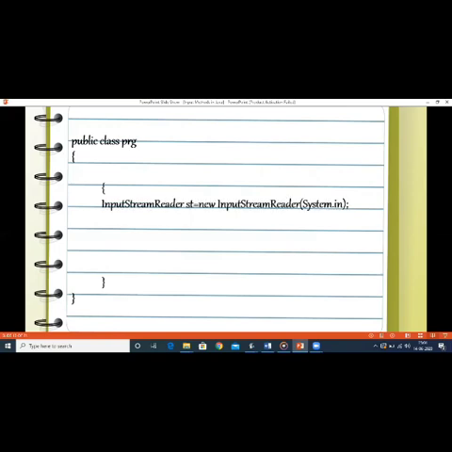First, you need to create an object of the InputStreamReader. You can see I am creating an object st of the InputStreamReader class. Then I have the assignment operator, equals to new operator. Again, I specify the class name InputStreamReader. Within parentheses, I have System.in. This is similar to the Scanner class we had, but the difference is over here,